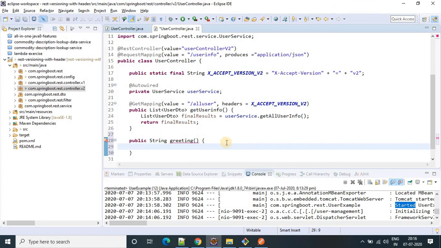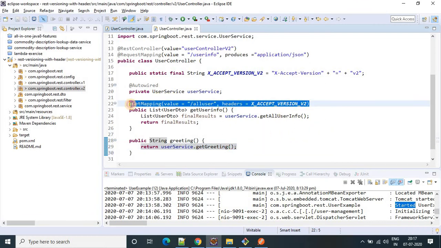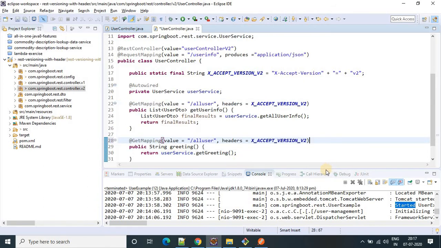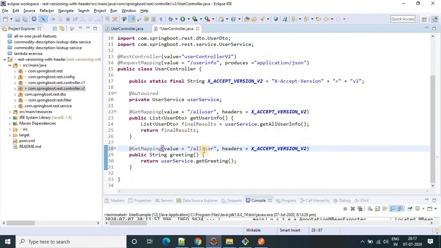Here we have to provide return userService.getGreeting. This is the method, and I have to map this method. The name will be, let's suppose, message, and the header we are passing is v2. So our controller is ready for the v2 version, right?